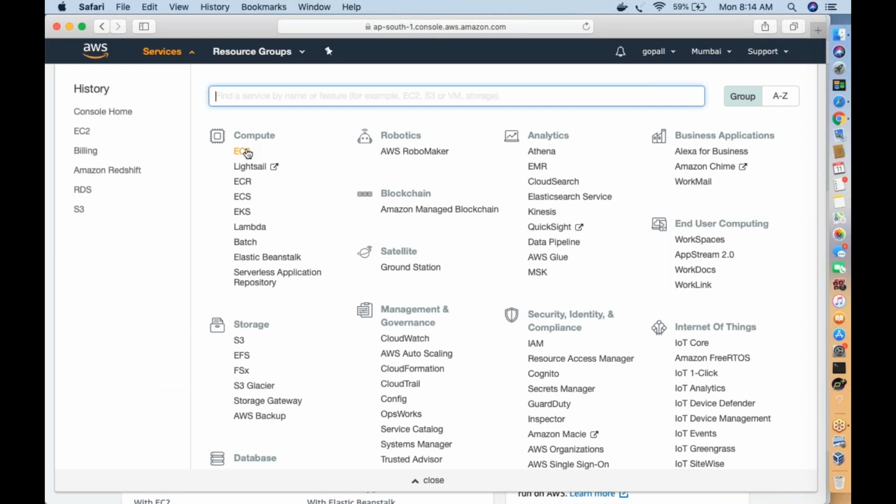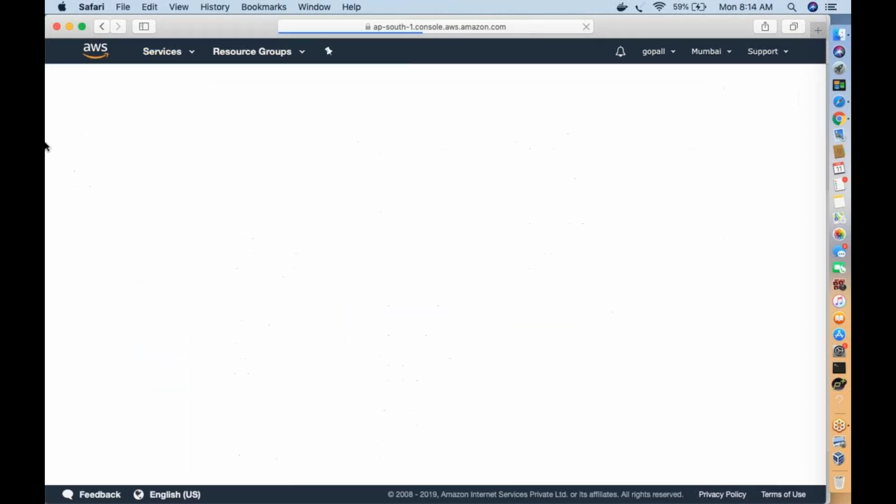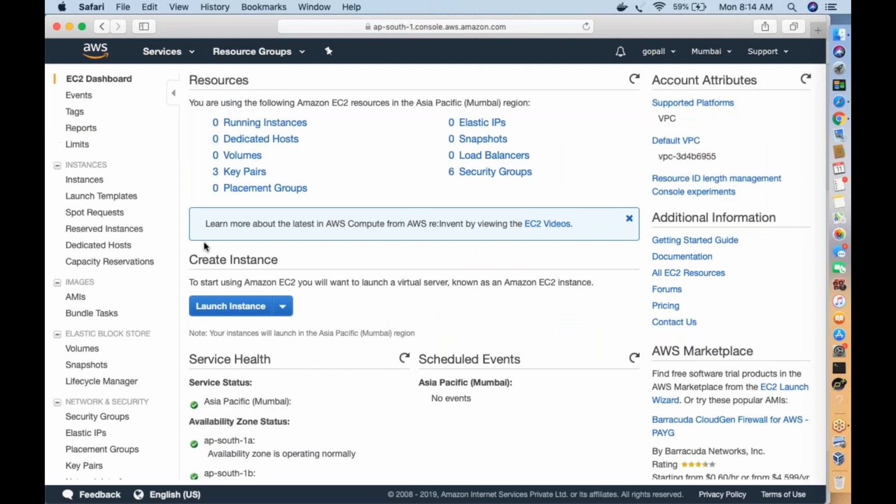This is where you create your virtual servers. Once you go here, click on Launch Instance. Launch instance is nothing but create instance. So click on the Launch Instance button over here.